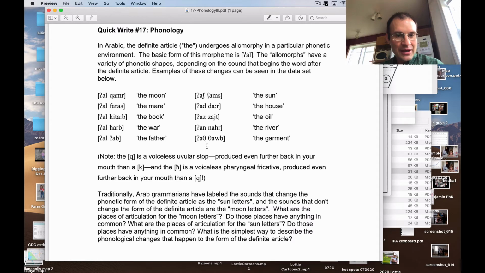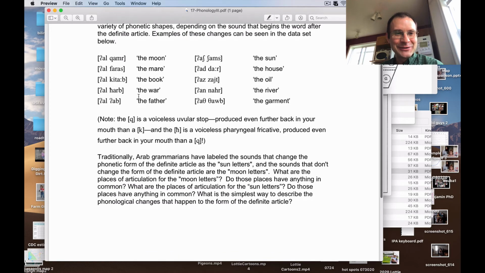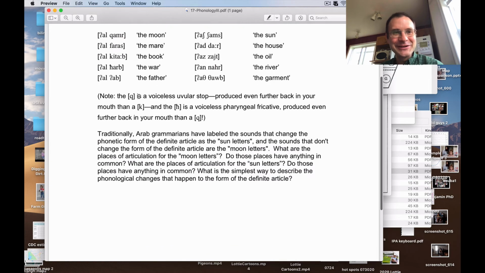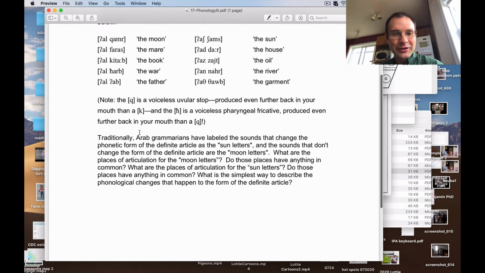And then Arabic has some fun other sounds which we haven't talked about in English. So like the Q symbol is a voiceless uvular stop, qamar. I don't speak Arabic, as usual, like all these other languages I'm giving you examples for, but it's way back there in your throat, further back than a velar stop. There's also a voiceless pharyngeal fricative even further back than a Q, an uvular, so on and so forth.